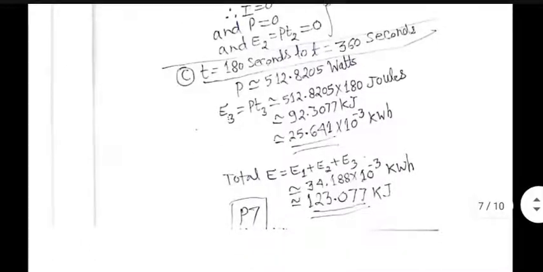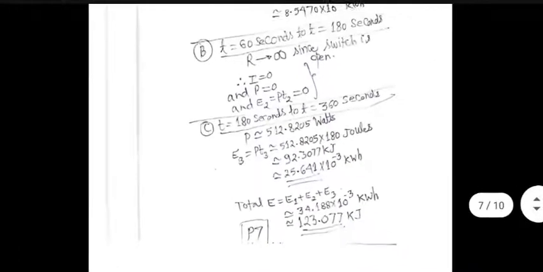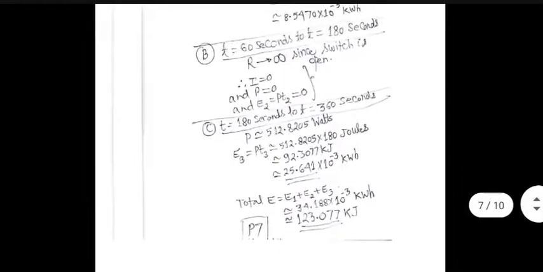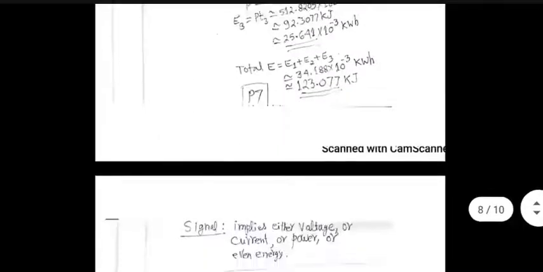So the answer, now you are essentially doing integration. It is a piecewise integration that you are doing because power is constant over different intervals of time. In one case, of course, it is 0. So it is an integration, but not continuous. It is piecewise integration that you are trying to do to get the overall energy. And I think my answer is correct, but you can double check the calculations once you get the document.